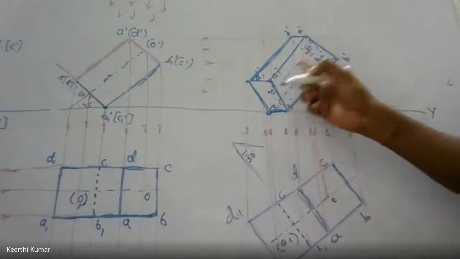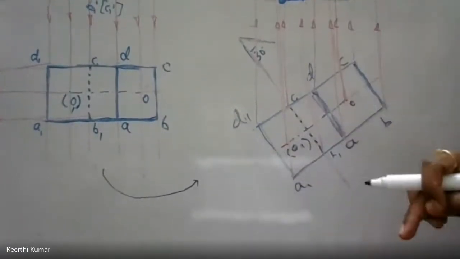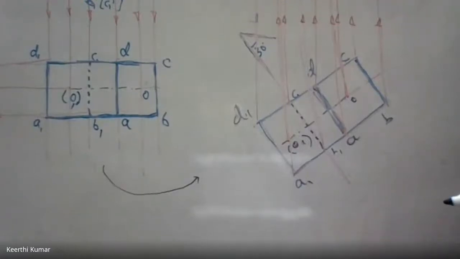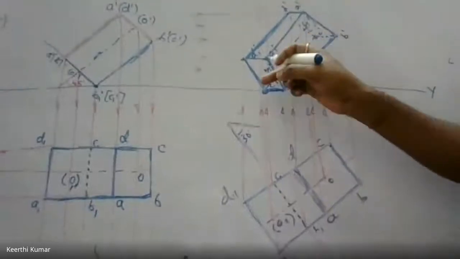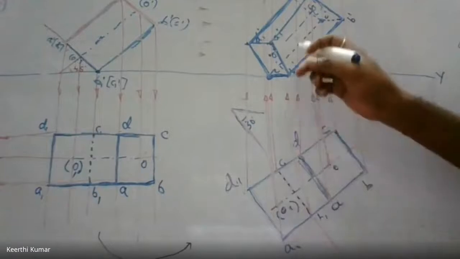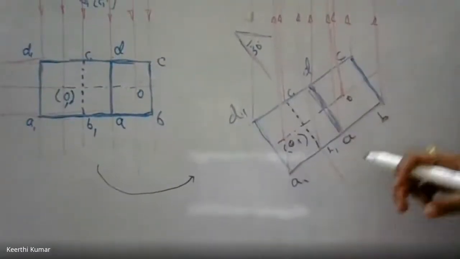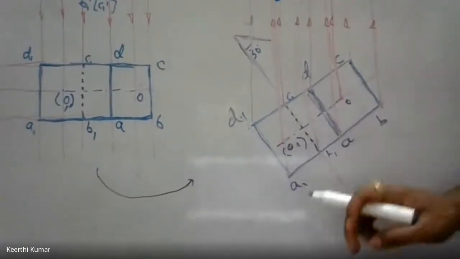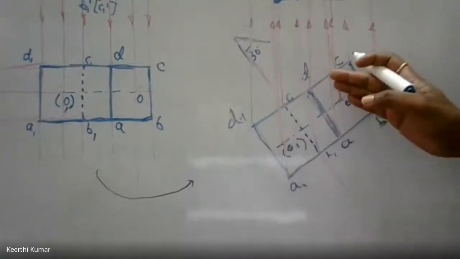Now we are left with A1 and C. Let us concentrate on A1 first. If I see from the bottom, whether A is nearer or A1 is nearer for you, A1 is nearer. So A1 should be outside the bracket. Coming to C. Where is the C in this figure? The point C is here, far away. I cannot see it from the base. So the point C is far away. Put that point C in bracket.